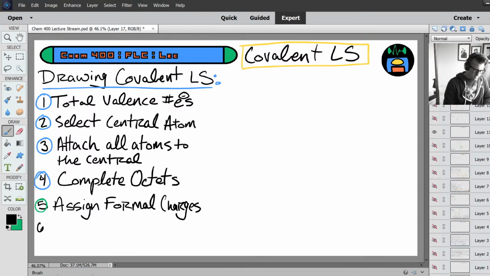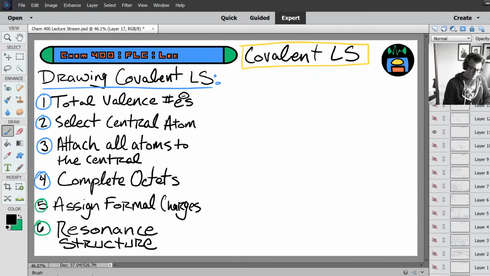Step 6 is you need to make sure you have the best resonance. Best resonance structure. All right. And once you've gone through all of these steps, you will have the Lewis structure for the